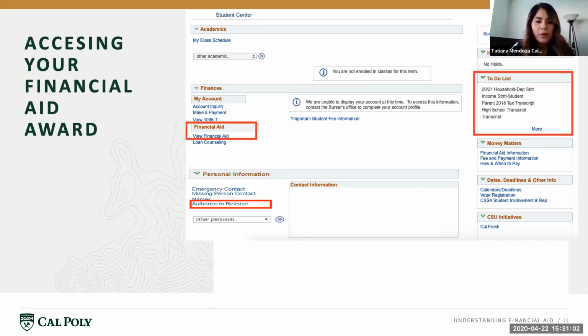Looks like we have a question from a parent. It says, my daughter got the Middle Class Scholarship at UC, but did not get it at Cal State. Is it possible that they can be eligible? Yes, they are eligible to move that over to a Cal State.